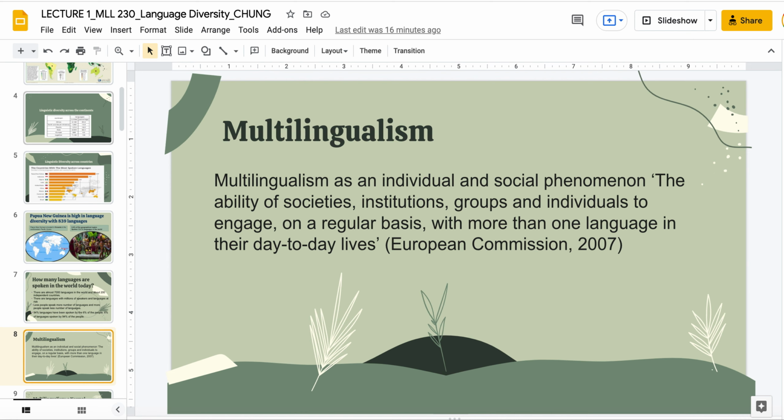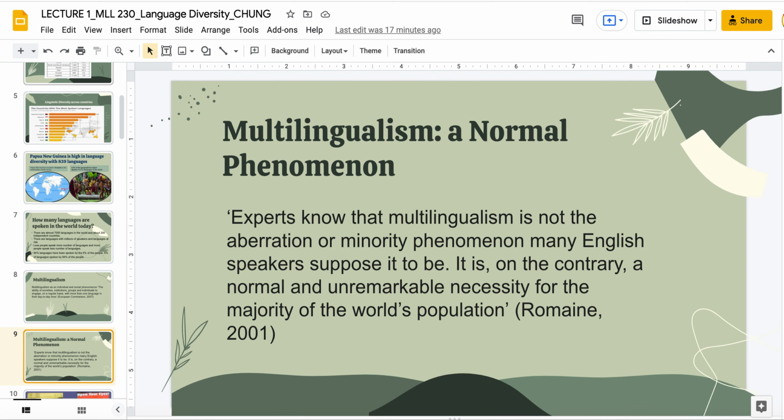If you're walking to a store, maybe you'll speak one language to the store attendant, and that might be a different language from what you have at home. Some of you might feel this way about dialects. Some people perceive dialects as being other languages. It is very common for someone to speak more than one language. It is not very common for someone to be monolingual. Right, so it's a normal phenomenon.